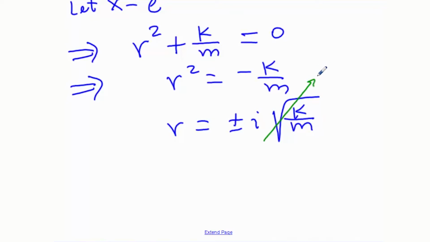We can consider this square root with a new name. So we're going to rewrite this as plus or minus i omega sub 0. In other words, the roots of that characteristic equation are plus or minus i omega 0. And then this would imply